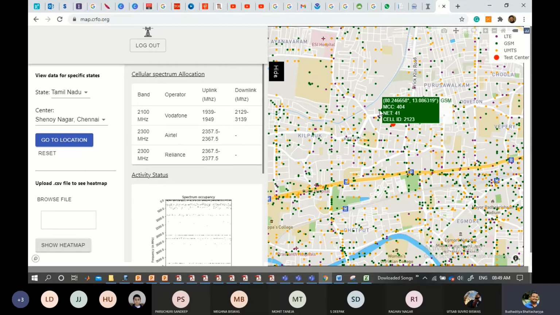Okay, MCC is the center switching center number. We will see that when we discuss in case of GSM and all, we'll see that later. It has a specific cell ID also, 2123. You can check here. Okay, so 2123 is the cell ID. This will be very handy when we look into the handoff scenarios for the cellular measurement.